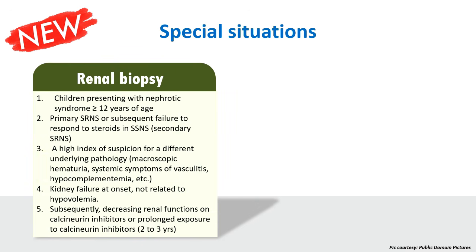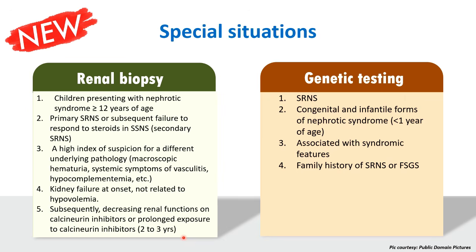On special situations, renal biopsy is indicated in children presenting with nephrotic syndrome at 12 years of age or more, primary SRNS or secondary SRNS, having a high index of suspicion for a different underlying pathology like macroscopic hematuria, systemic vasculitis, hypocomplementemia, etc., kidney failure at onset not related to hypovolemia, and subsequently decreasing renal functions on CNIs or prolonged exposure to CNIs. Genetic testing is indicated in steroid resistance, congenital or infantile forms associated with syndromic features, and family history